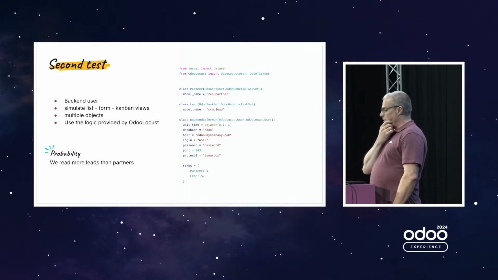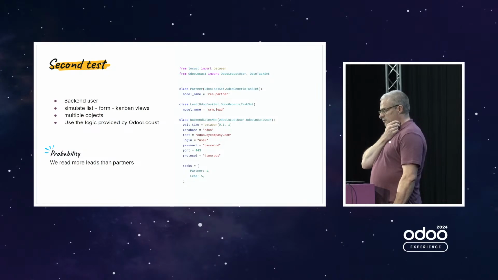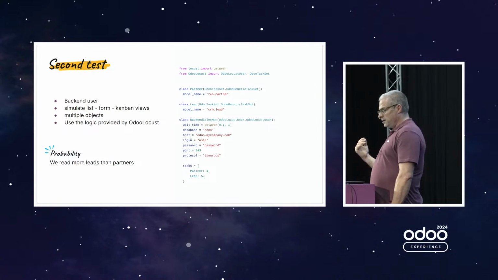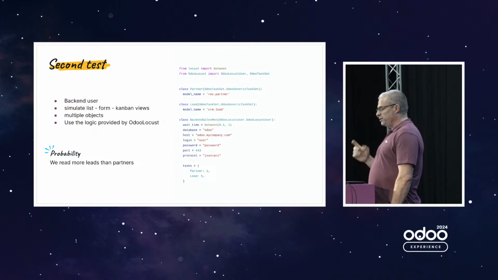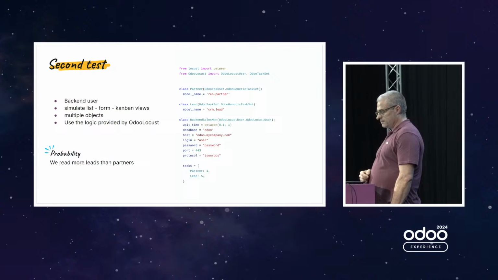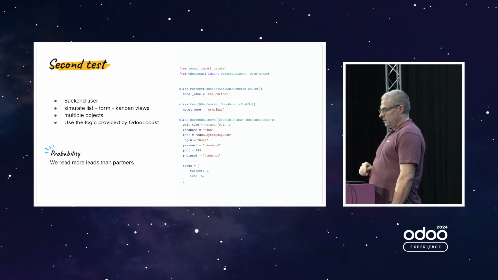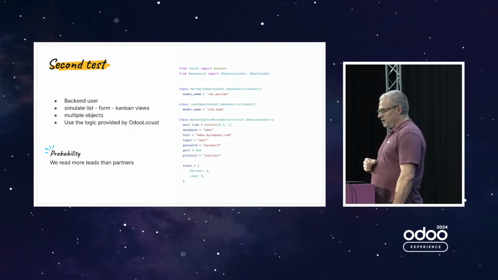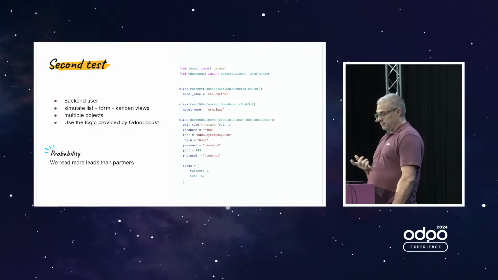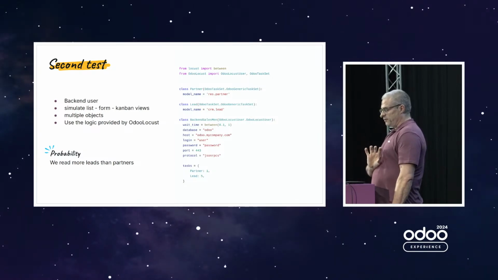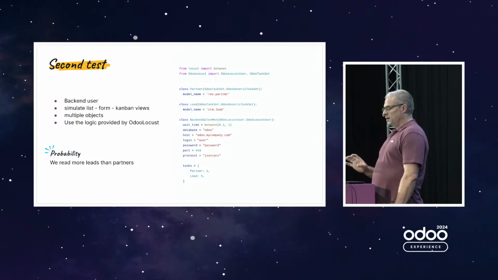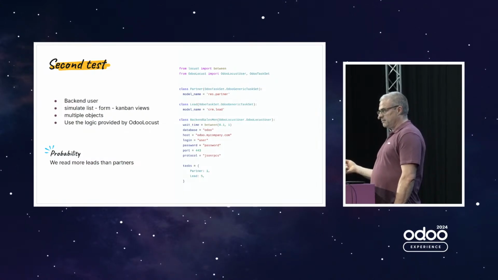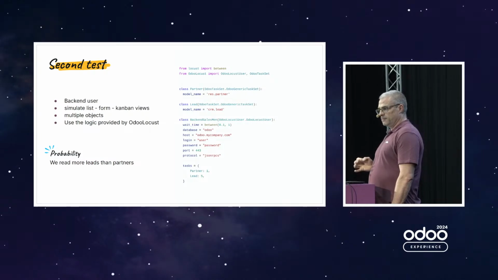Now let's write another test. It's still a backend user. But here, the user will perform two different kinds of tasks. The two task sets we have defined inherit now from Odoo generic task set. We just have to define the model name. If you create a class which inherits from Odoo generic task set, and you define the model name,